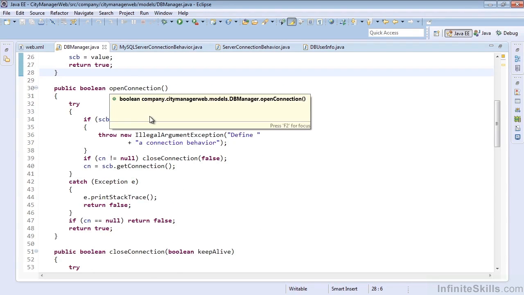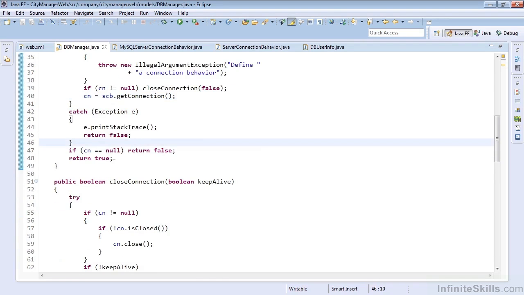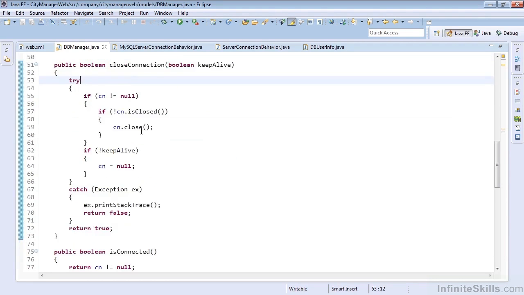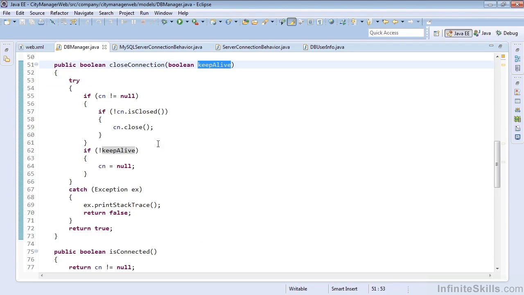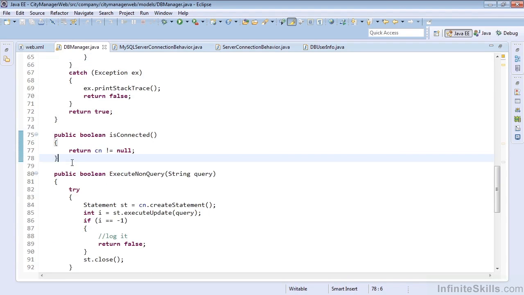One is going to open the connection. Essentially here we're just going to make sure our connection is not currently open, and we'll get the new connection, and that will be our connection object on our DB Manager. Again, here you would want to do more robust logging than just printing a stack trace. We have close connection, which allows us to close the database connection. We have a keep alive Boolean, which allows the user to completely destroy the connection object by setting it to null. We have a check to determine if our connection is actually connected at this point, if connection is not